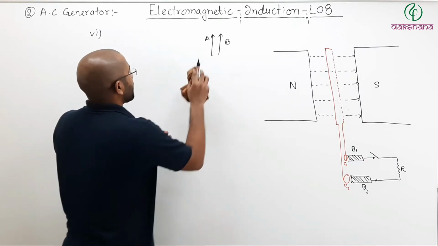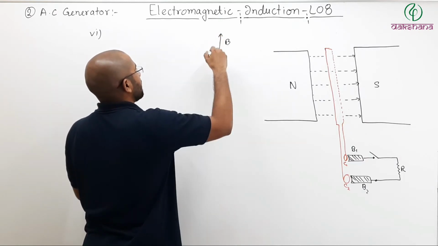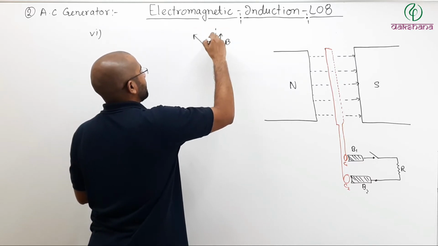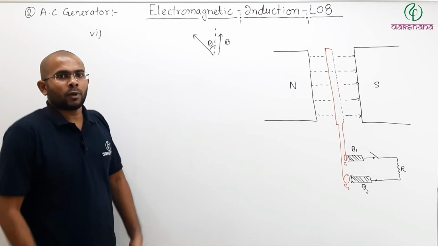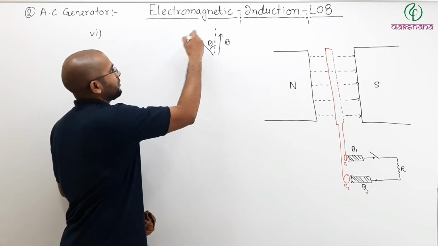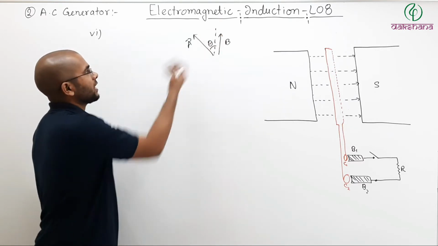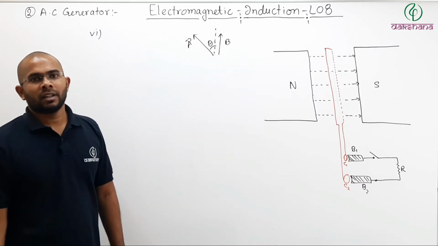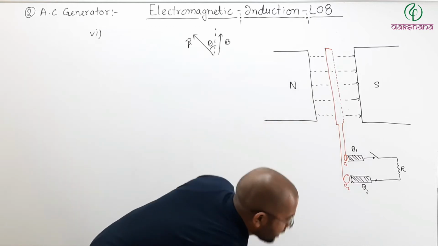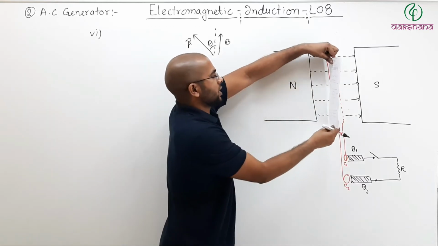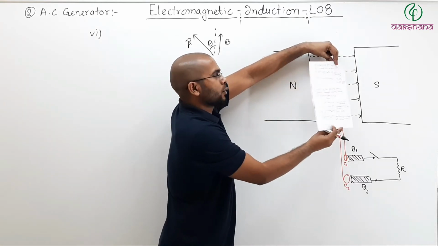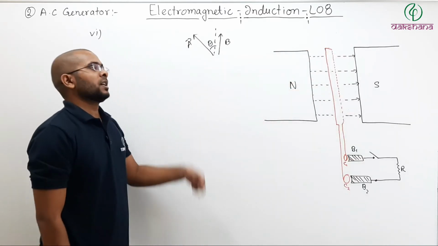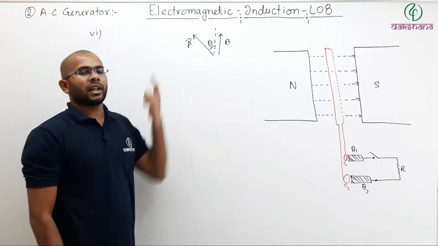So let us say I rotated the area vector by an angle theta. Then what is the angle between area vector and field vector now? Whatever angle the area vector rotated, the same is the angle between area vector and field vector. Same is the position here. Initially, this was the position at t equals 0. I rotated my area vector. Whatever angle I rotated it by, the same will be the angle between area vector and field vector.